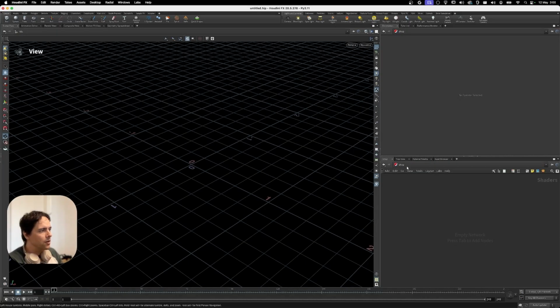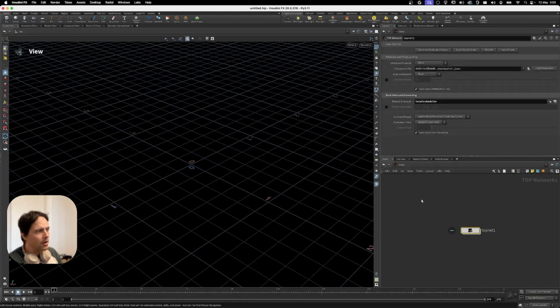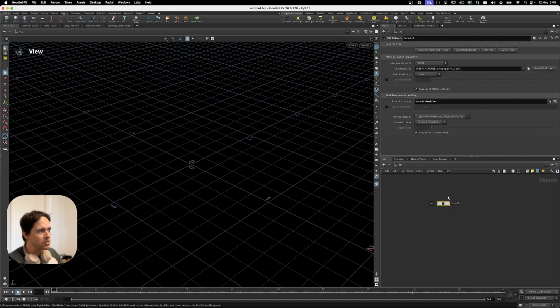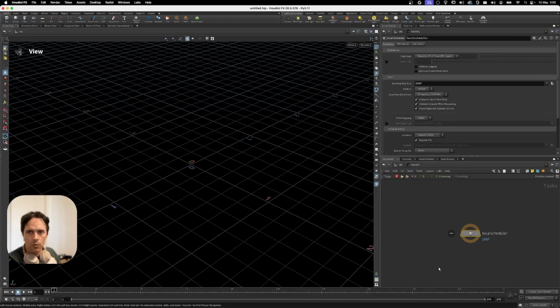The default way to go to TOPs is to go to this Tasks context over here. I don't like that. I prefer to, within OBJ, put down a topnet. That way, whenever someone else opens your scene, this is the first thing they see, and they go, okay, this is involving TOPs, and they can either go hooray or they can be panicky. So once you're in there,